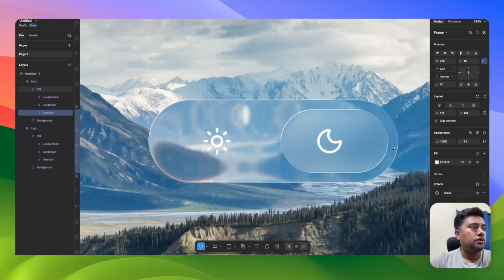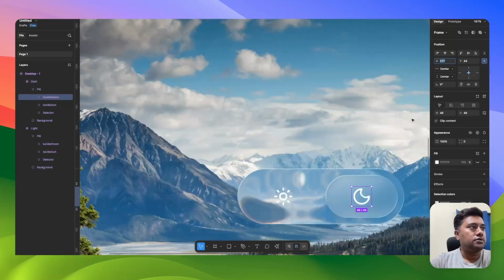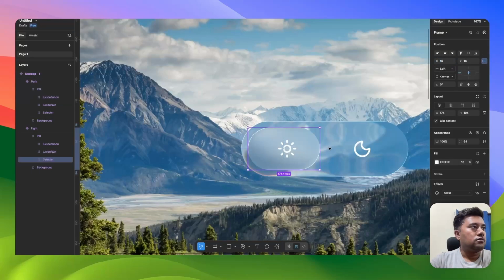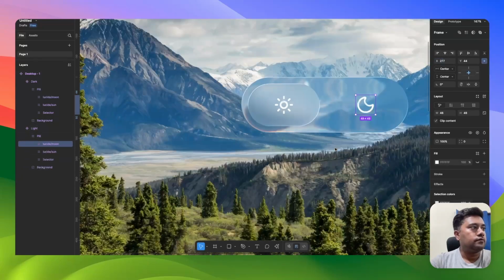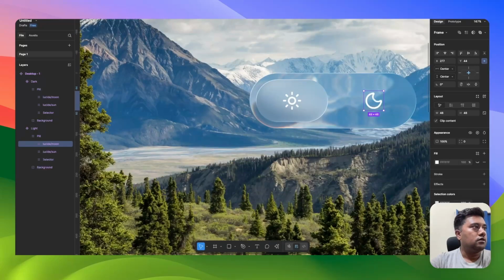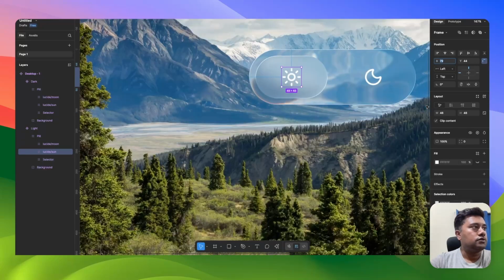So that it's properly placed in 16, and the position is also not right, so we're gonna fix the position. We need to copy this position also,